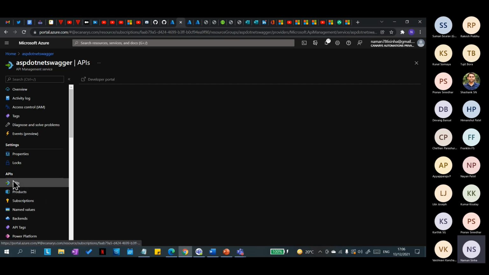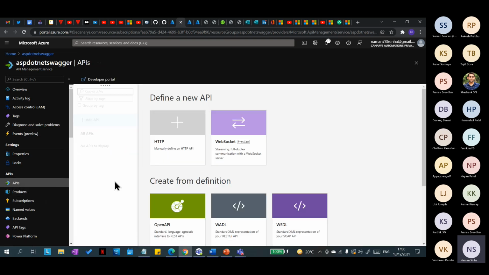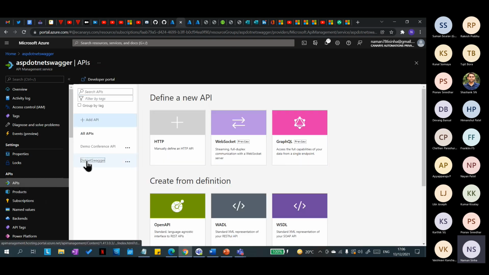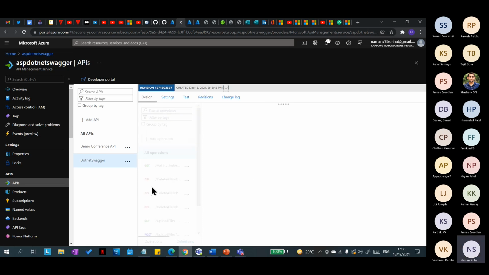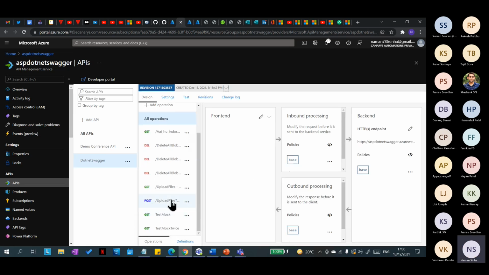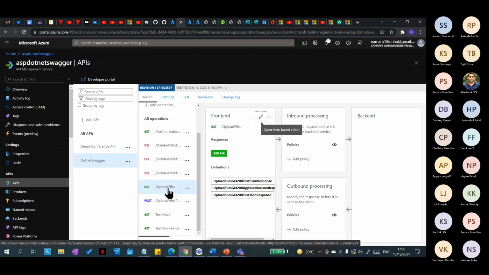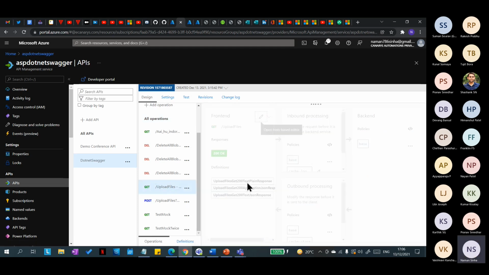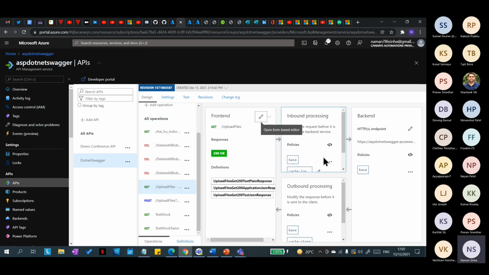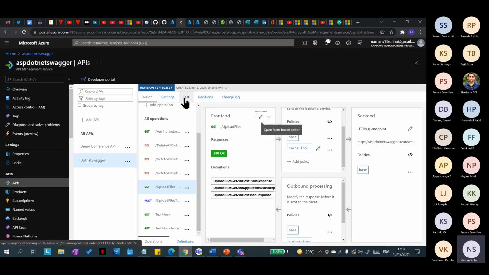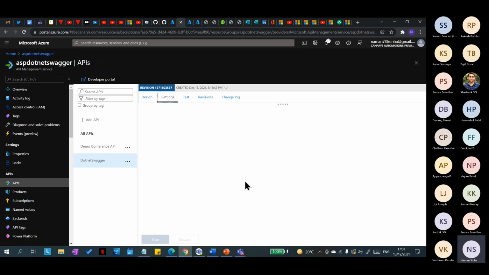One more quick thing. Let's say there is an API. The API is maybe this one. So if this is the API, I think when we go to settings,